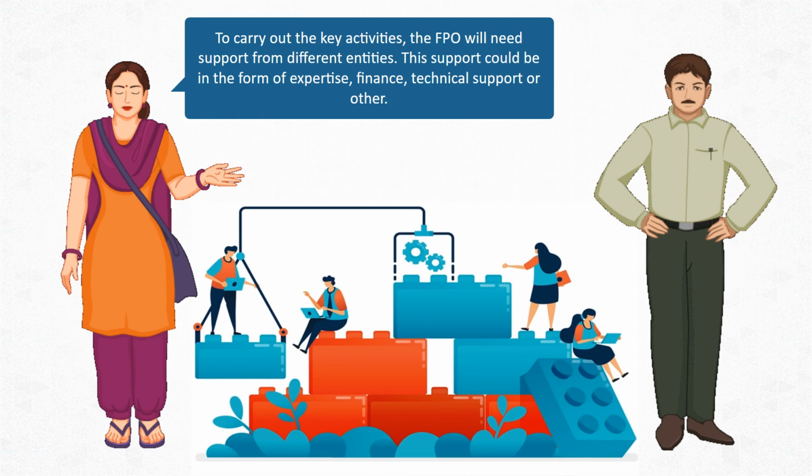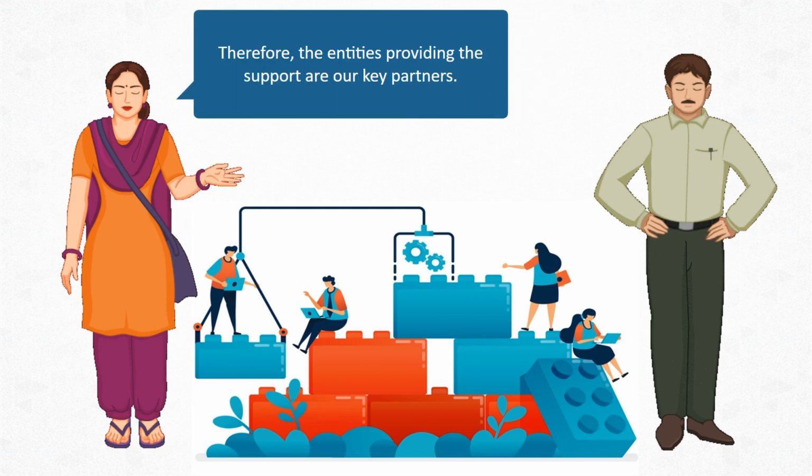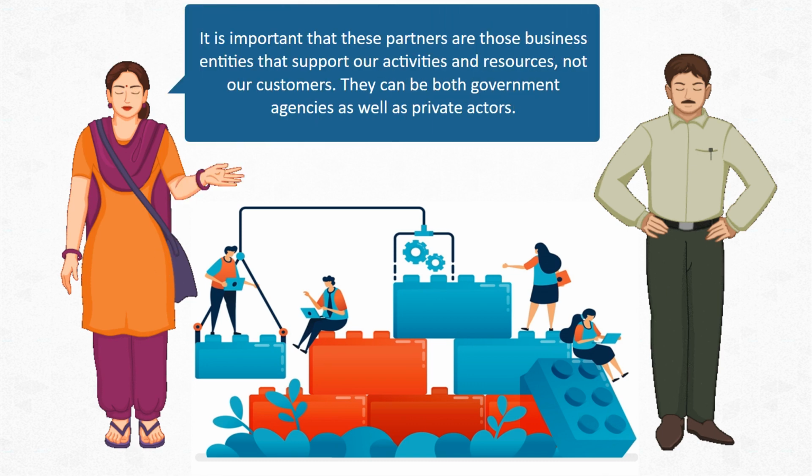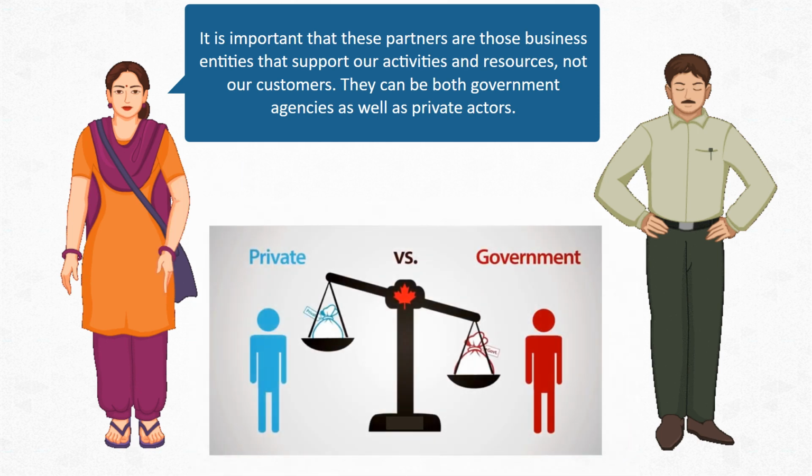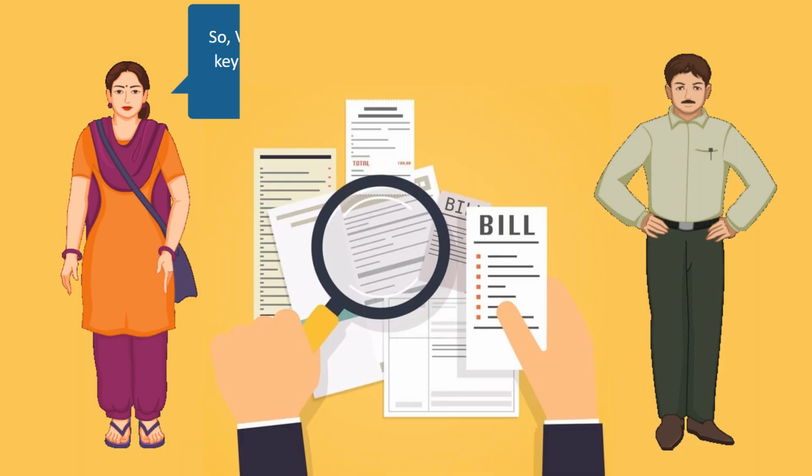To carry out the key activities, the FPO will need support from different entities. The support could be in the form of expertise, finance, technical support, or other. Therefore, the entities providing the support are our key partners. It is important that these partners are those business entities that support our activities and resources, not our customers. They can be both government agencies as well as private sectors. So, Vinod,